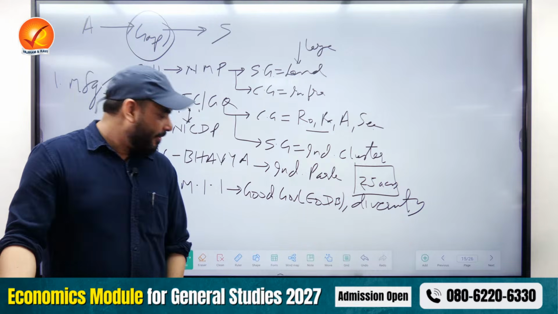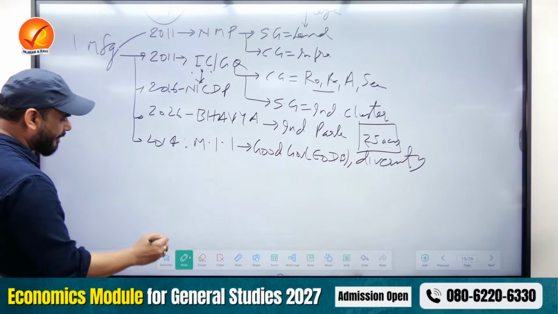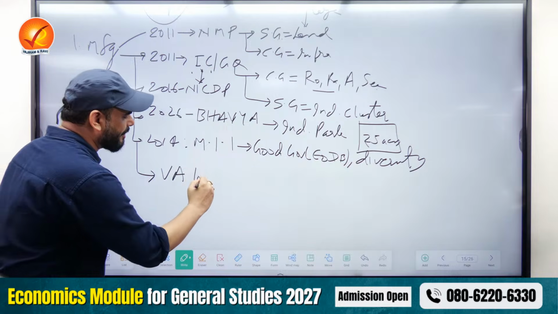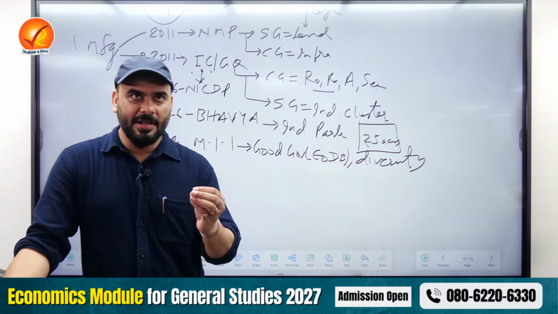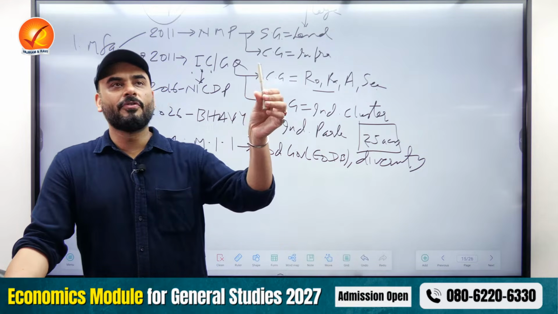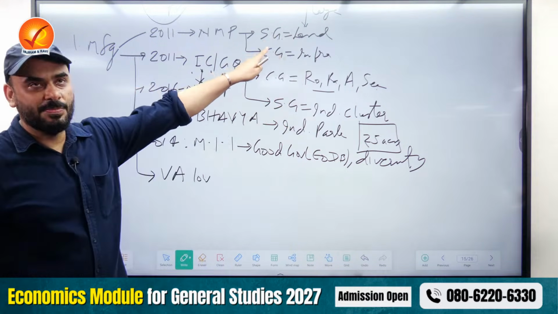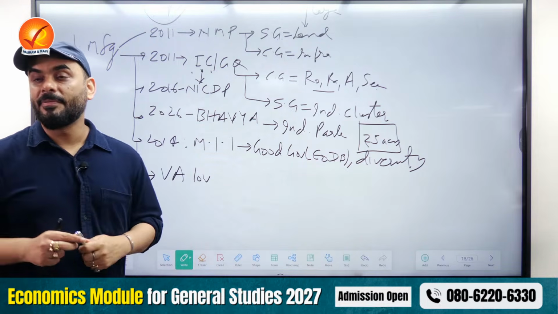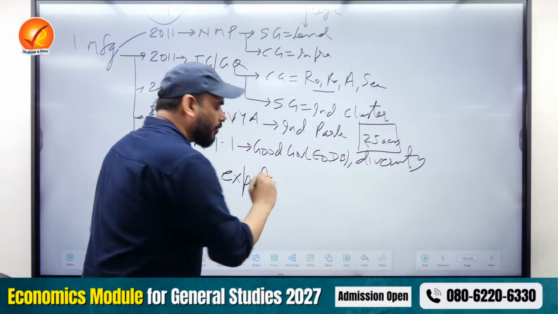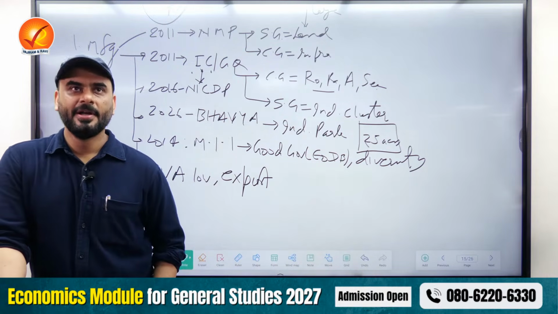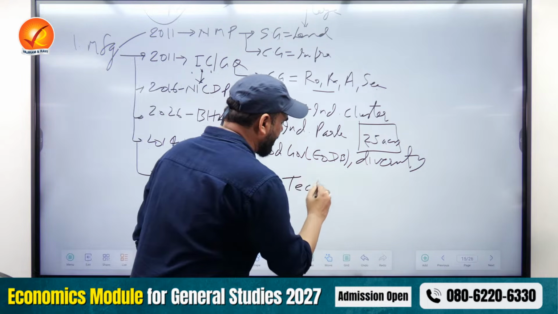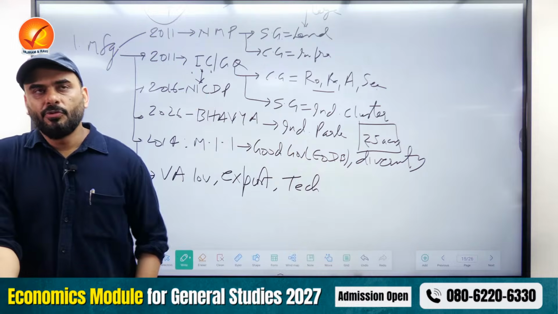What is the problem? The problem is that if you see carefully, despite Make in India, etc., there are 2-3 problems in India. Value addition is very low, which means that we are still selling basic products. We are not selling very high-end products. Example, India would sell a lot of pens like this, but India would not export a lot of digital boards. This is the first problem, which means value addition is a problem. Number two, in export, we are not the most dominant country in the world. We also want to create items for export. Domestic production is good, but we also want to create export-worthy items. Technology-wise, we are at a low level of technology. We need to improve our technology.